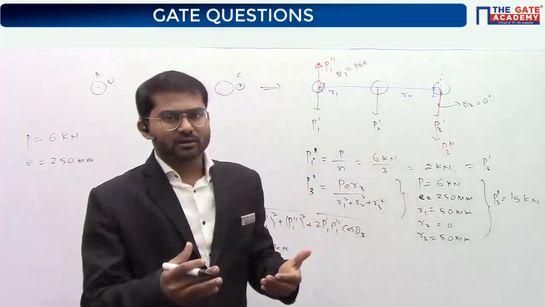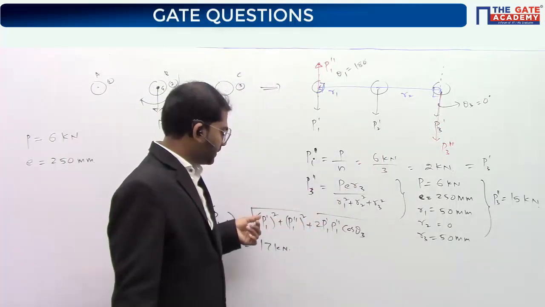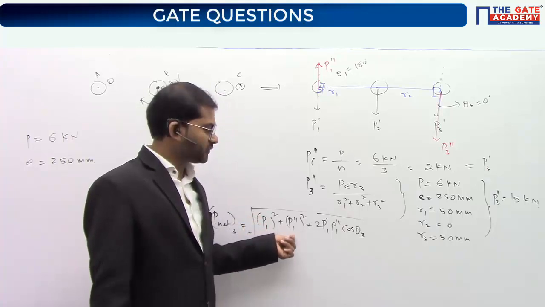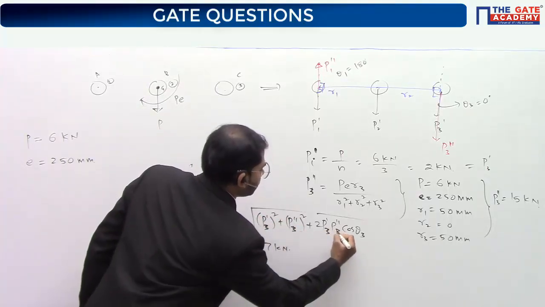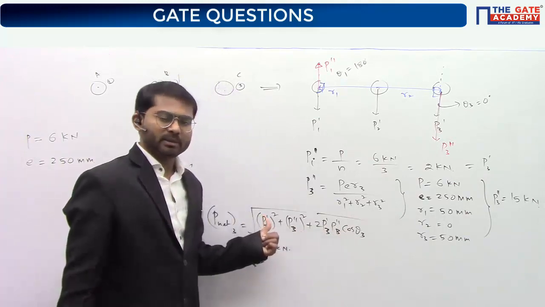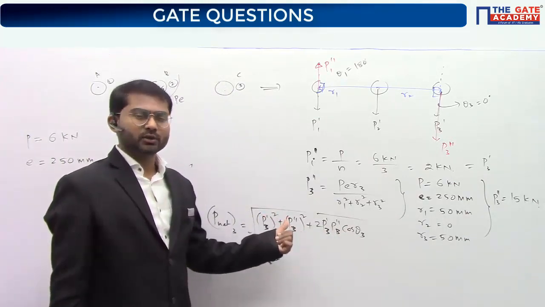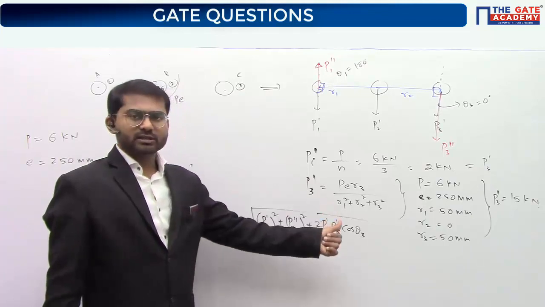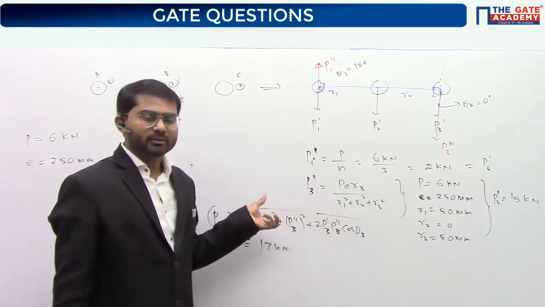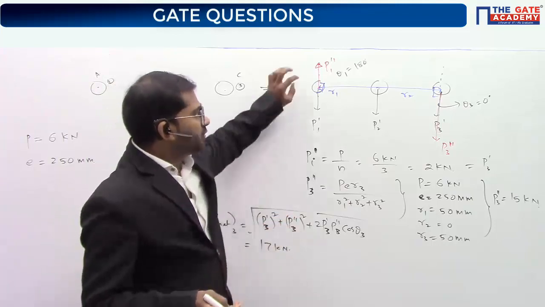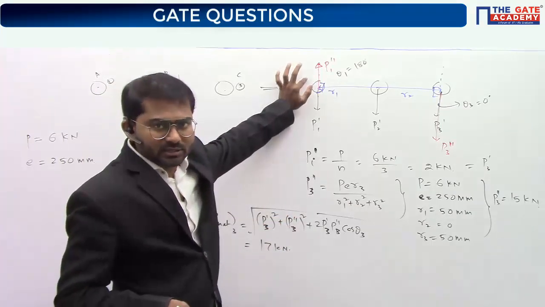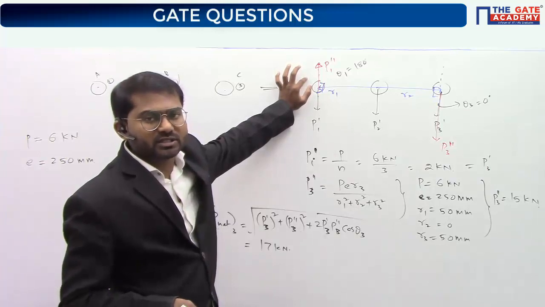So you should be smart. If you are applying this formula and substituting the P1 dash value, P1 double dash value, sorry, it should be P3. If you are substituting all these primary force values, secondary force values, and the cos theta 3 value, then you are taking a little bit more time. You should be a little bit faster. Understood?